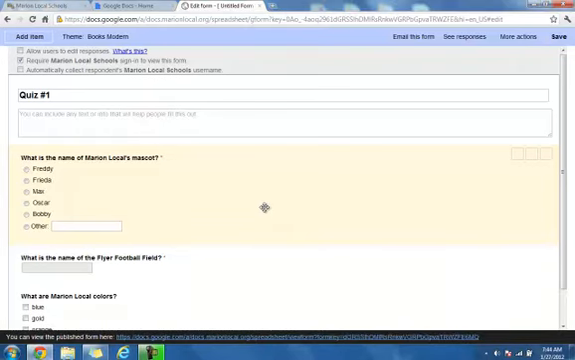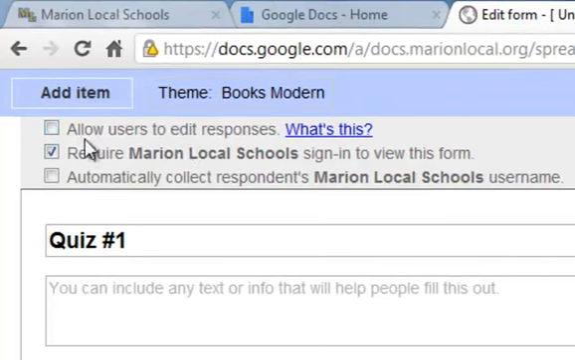In this tutorial, we're going to look at how you publish your survey or quiz that you have created using Google Docs Forms. First thing I want you to look at, there are 3 check boxes up in the top left-hand corner. The first one says allow users to edit responses, and you can click the what's this link to